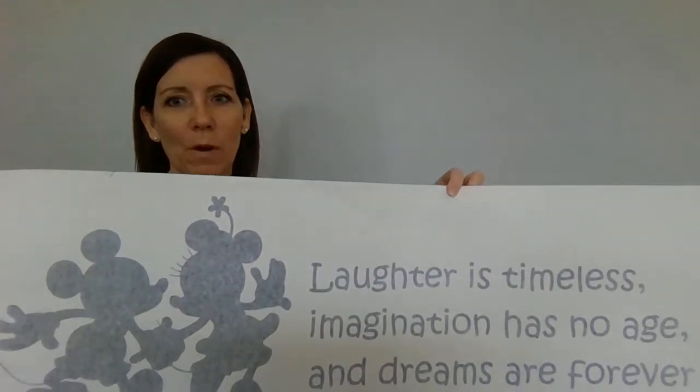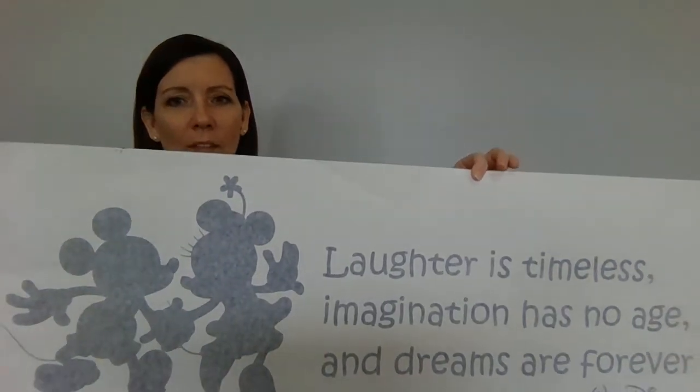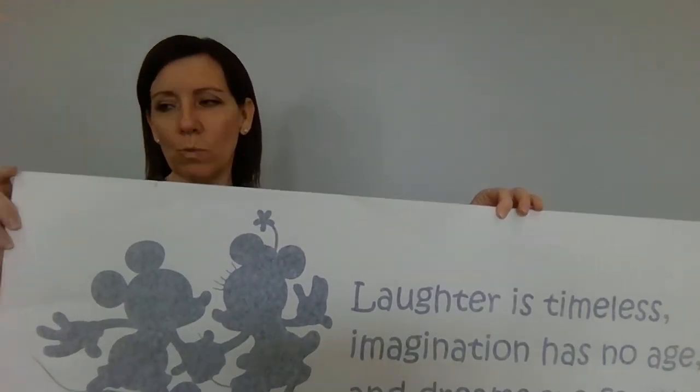But today what we're going to do is I'm going to show you how to get this up on your wall so that it is fabulous for your Disney space. What you're going to do, the first thing is you're going to want to peel the backing off. The backing is this super shiny slick piece, and then we have the transfer tape that's sticky. So you're going to pull off the backing and your decal will stick to